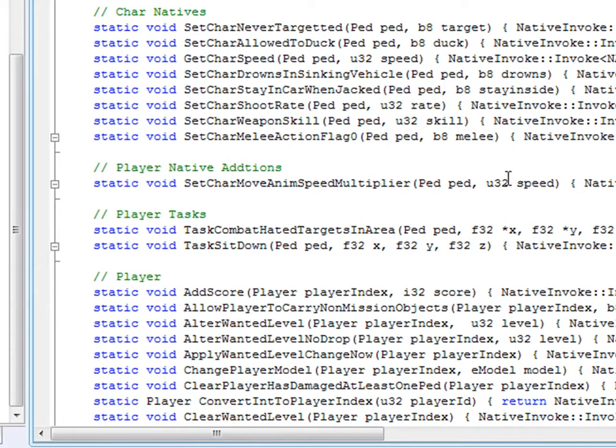We have ped, and we have this one for speed, and you can name these whatever you want. This is a unary value. Basically, a unary is like, and I'll try to explain it, and again, I'm probably going to catch myself here, it's basically a range of numbers you can use. It doesn't include any text strings or constants or anything like that. And again, I probably have to brush up on it to give you more examples about it, but if you go back over, if I click back over here again,